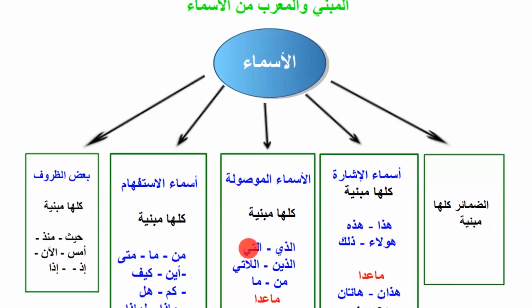Allazi, Allati is for feminine. Allazina is the plural of Allazi, and Allati has its own plural. Please, we have not looked at asma'ul mawsula in detail, I know that. But this is a generalized table. A small part of it we have not yet looked at, but don't let it bother you. All that we have not looked at here, as we go, it will come and then we'll study them, inshallah. Here, we have not looked at Allati and its extension.